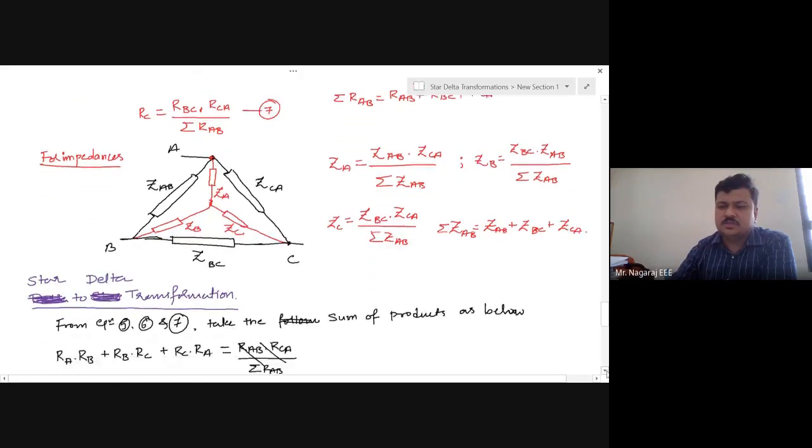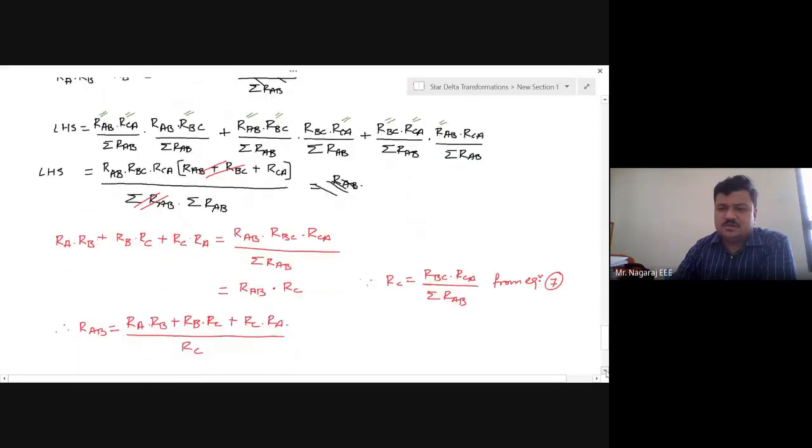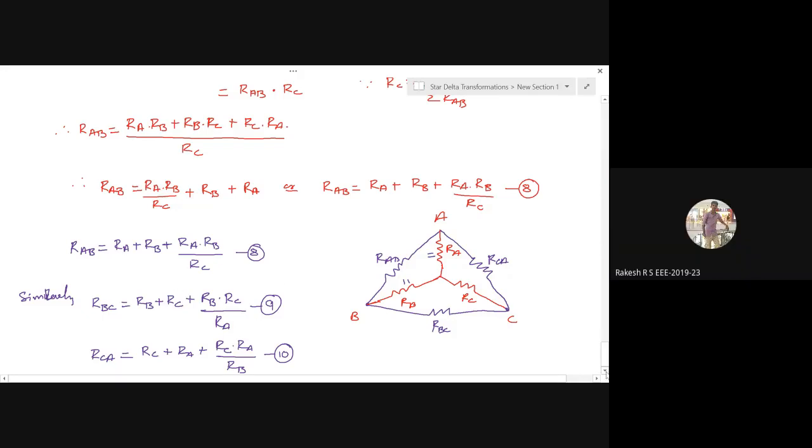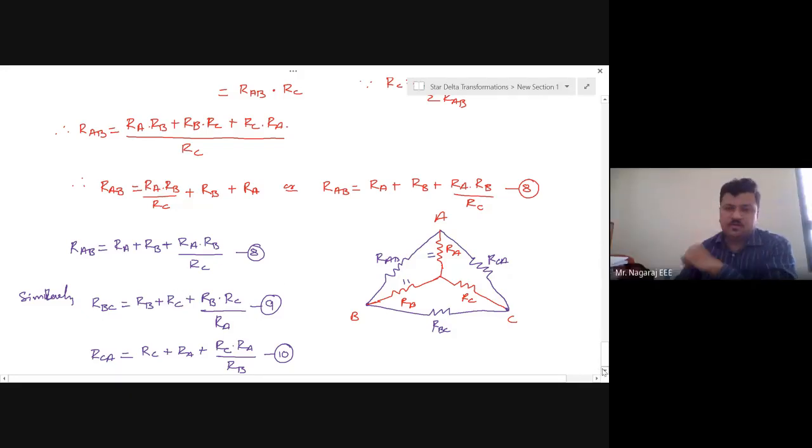So see, simple, on RHS these terms are in delta form, and these are in star form. I want them in delta form. Any doubts? No, sir. So one simple principle we have to follow here is the equivalent values should remain the same. That is the principle with which I will be transforming anything. And even if you remember in your transformers subject, there you transfer the resistances and impedances from primary to secondary and secondary to primary. Did you do that?